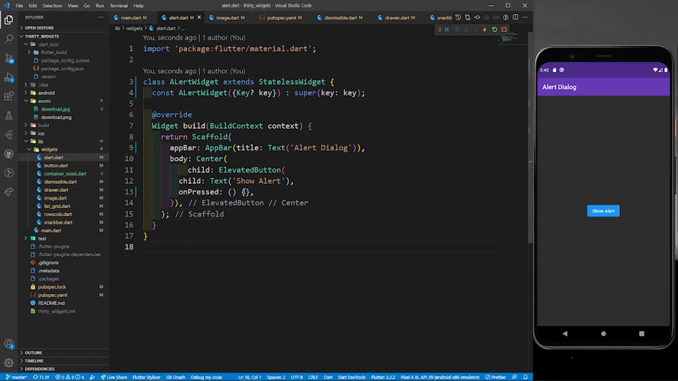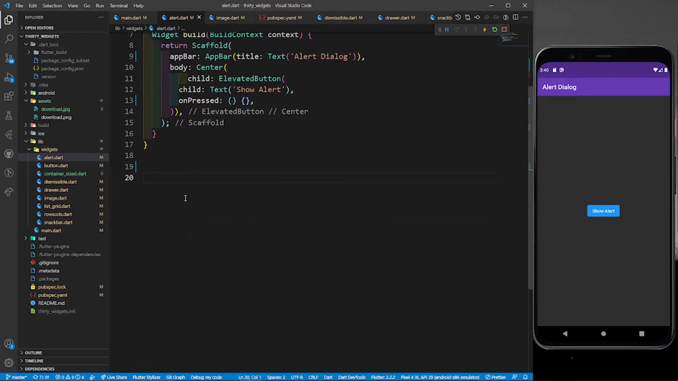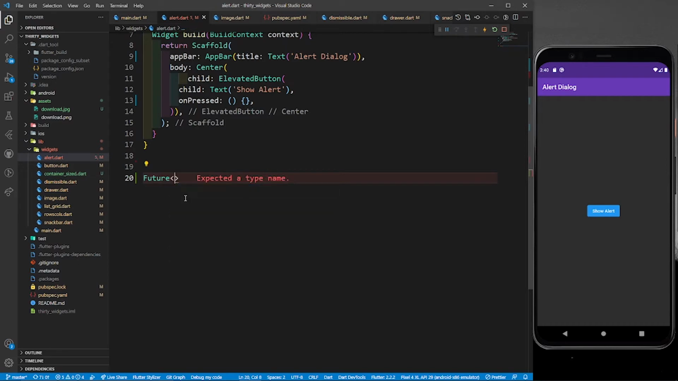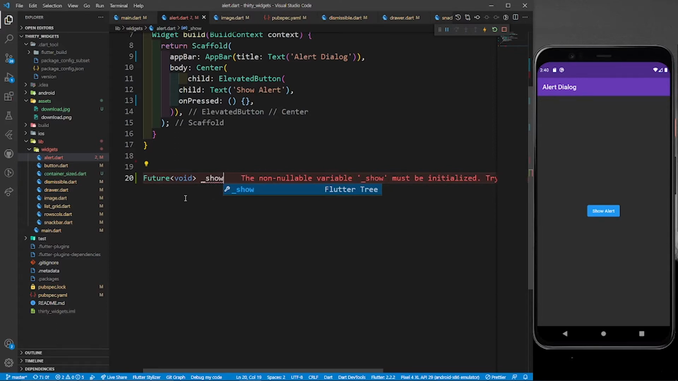So now in this on pressed property, we have to show a dialog box. So for that, I'm going to create a widget after this main widget, and it is going to be a future widget. So future, and it is not going to return anything. That's why it will be void. And let me call my dialog function as show my dialog,